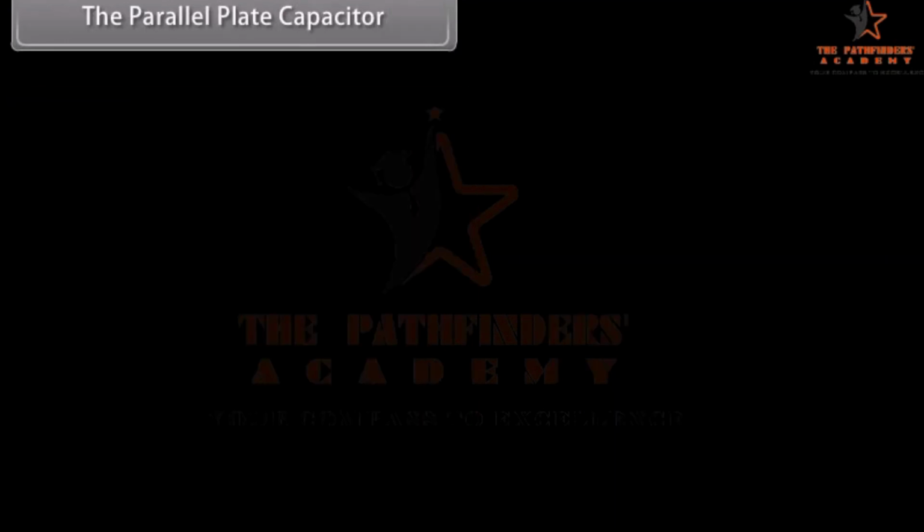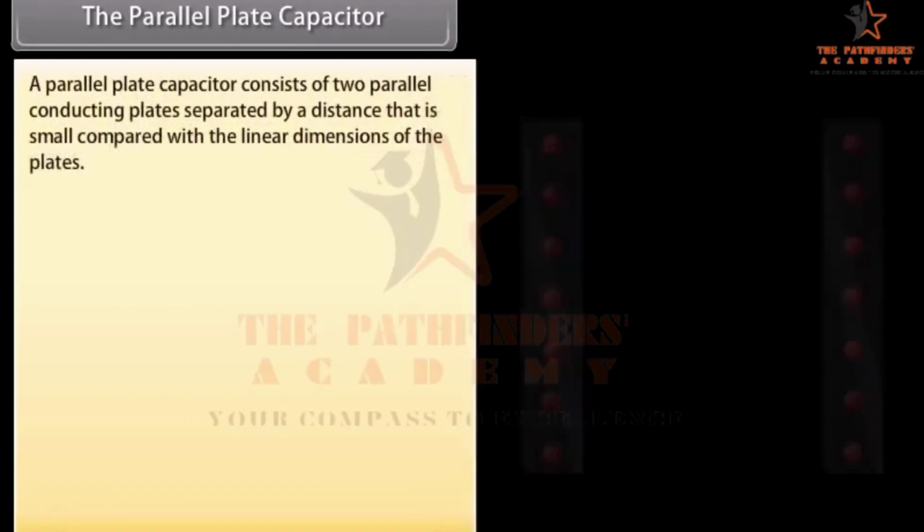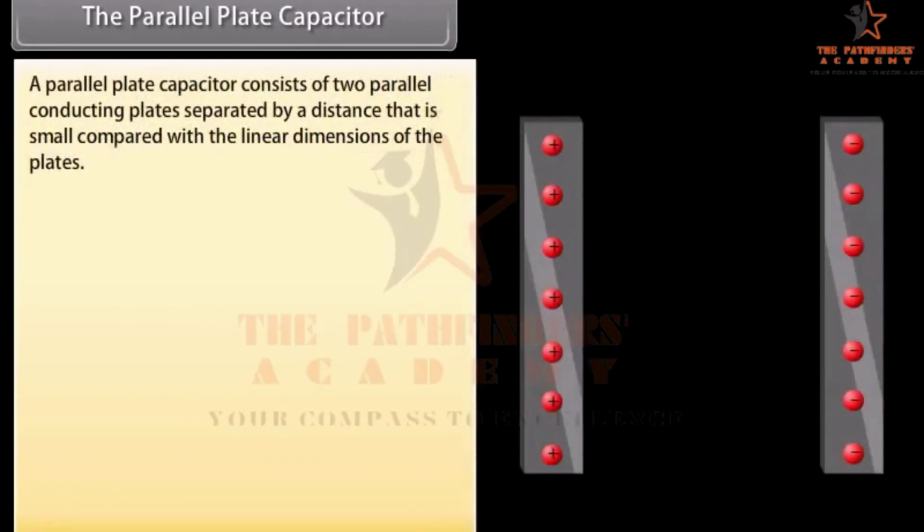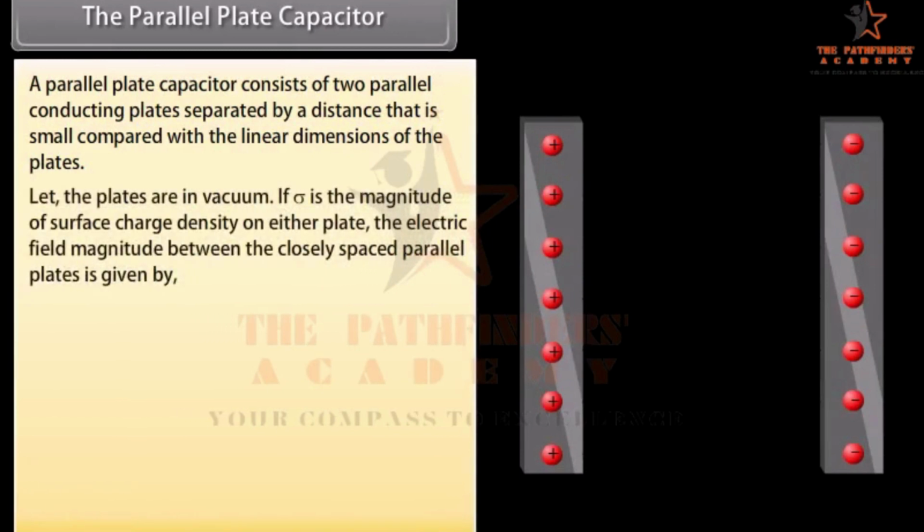The parallel plate capacitor. A parallel plate capacitor consists of two parallel conducting plates separated by a distance that is small compared with the linear dimensions of the plates. Let the plates be in vacuum. If sigma is the magnitude of surface charge density on either plate, the electric field magnitude between the closely spaced